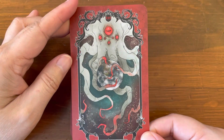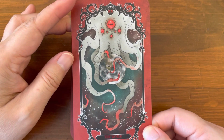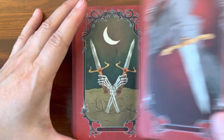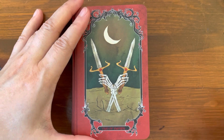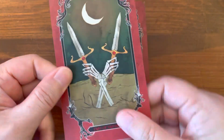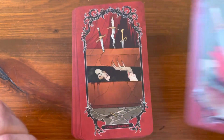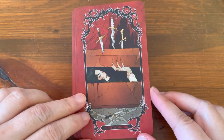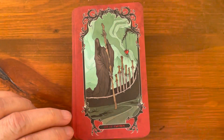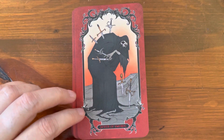The World. So that completes the major arcana. And moving on to the minor arcana with the suit of Swords, we have Ace of Swords, Two of Swords, Three of Swords, Four of Swords, pretty traditional, Five of Swords, Six of Swords, all these are pretty traditional, Seven of Swords,